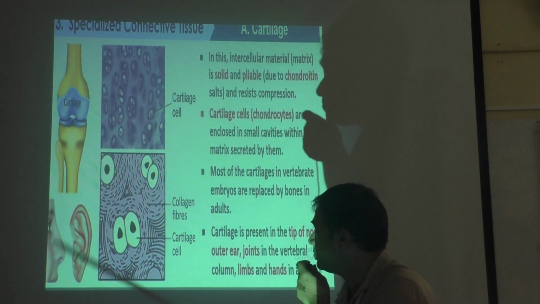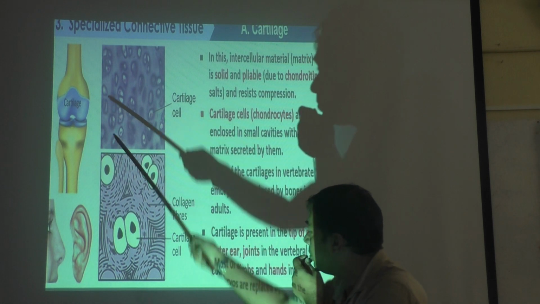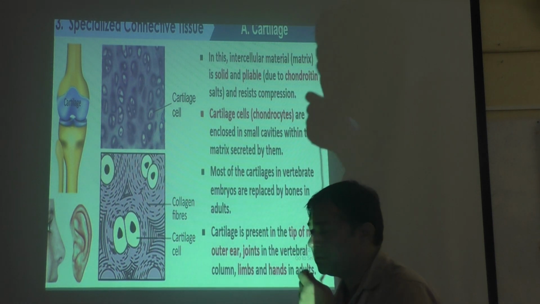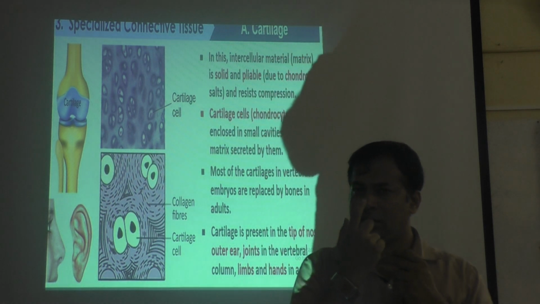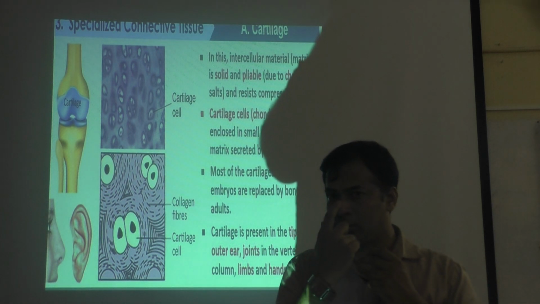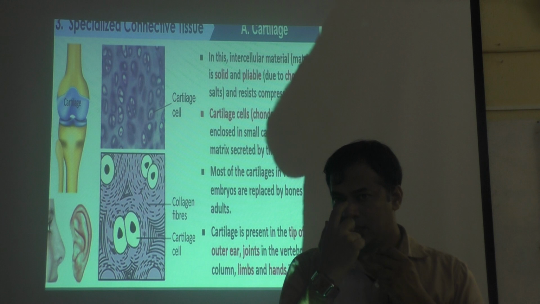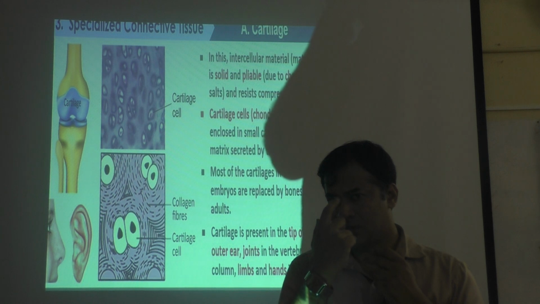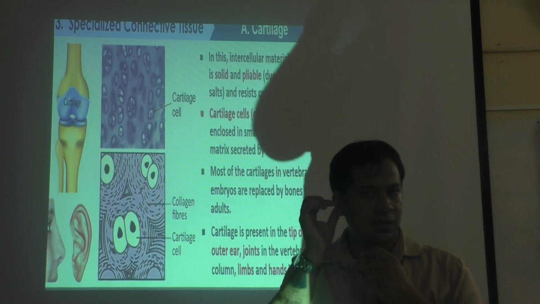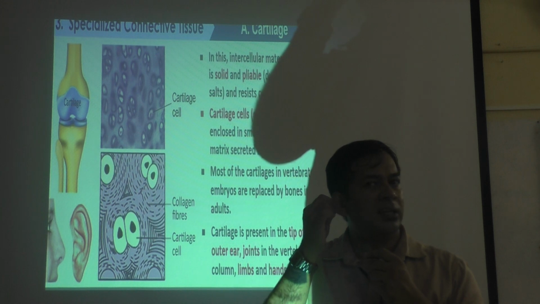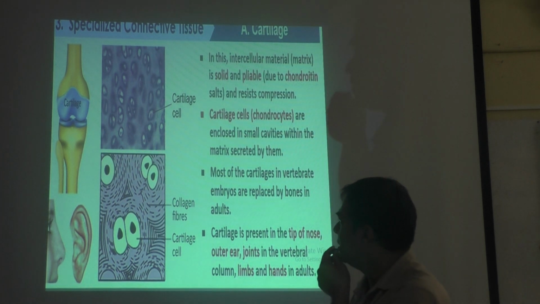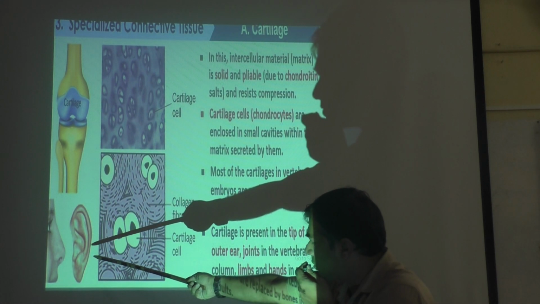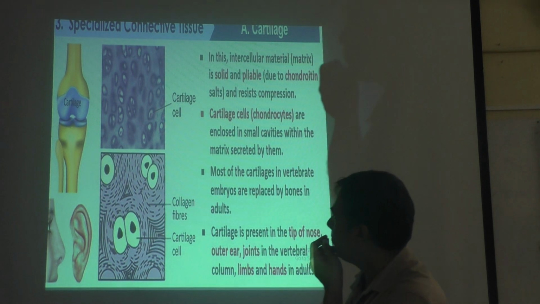This is cartilage. You can see the blue colored part they are showing in the nose. Here the tip of the nose looks hard. It looks like a bone, but it is not actually bone, because in the skeleton this bone is not there. A hollow cavity is there. This is cartilage, which is hard, but it is not a bone. Then in the ear also, you see a hard part. That is not bone, that is cartilage. So cartilage also gives support. You can see the positions they are showing: the tip of the nose, then the ear.